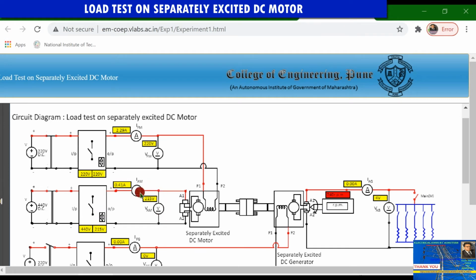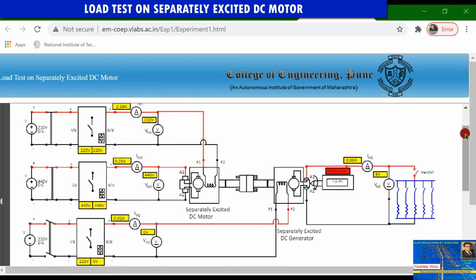You can clearly see this is 215 volt. This is the armature voltmeter, VAM, the armature voltage of the motor, and this is the ammeter, which is currently measuring the armature current of the motor. Now again increase by clicking on it, till 440 volt is reached. Increase the level of armature voltage until it is equal to the rated voltage: 415, then 420, then 435, 440.